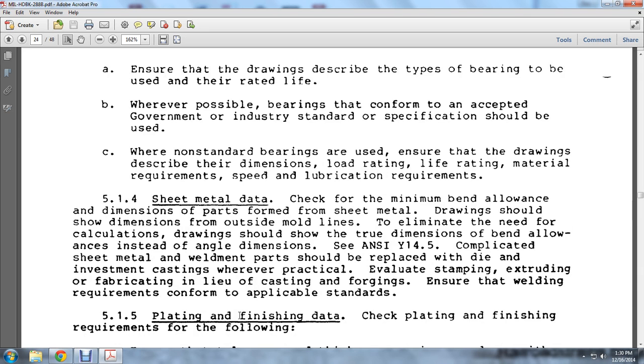Dimensions should be shown from the outside mold lines to eliminate the need for calculation. The drawing should be used for the true dimensions of the bend allowance instead of the angled-in dimension. See ANSI Y14.5. Complete sheet metal weldment parts should be replaced by die or investment casting whenever practical. Evaluate stamping, extruding, and fabricating in lieu of casting or forging, ensuring that the welding requirements